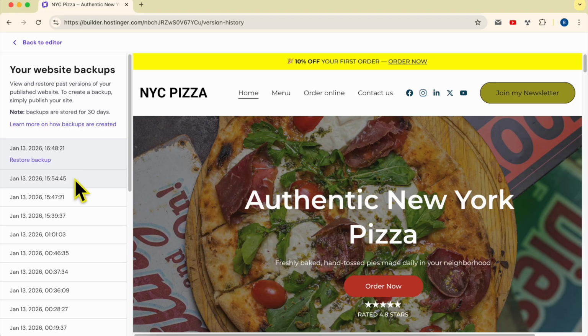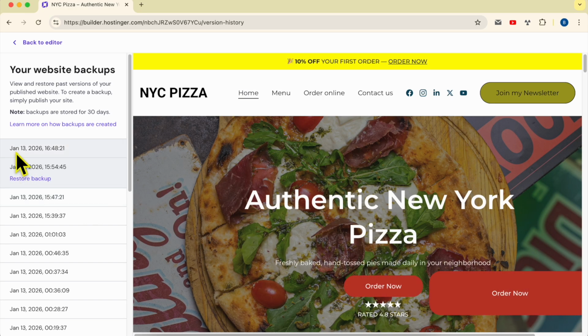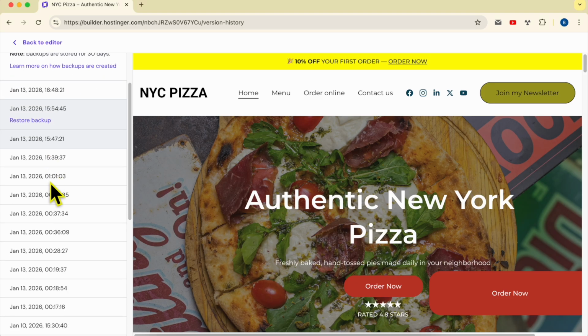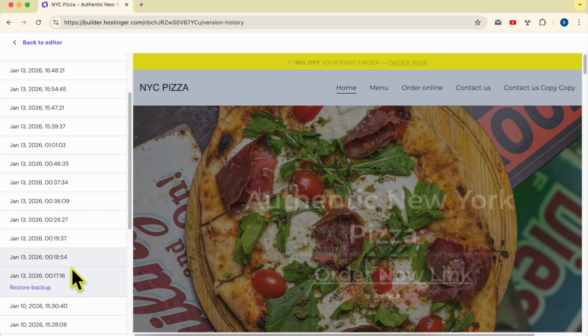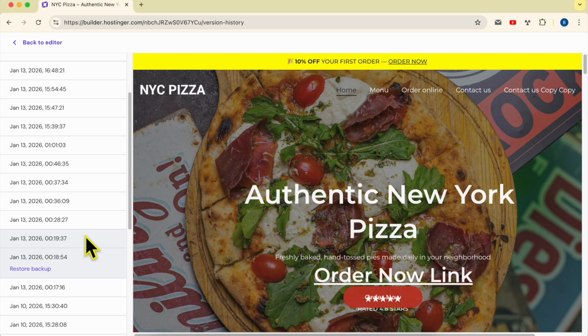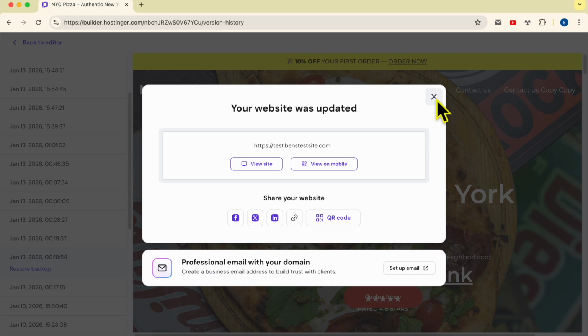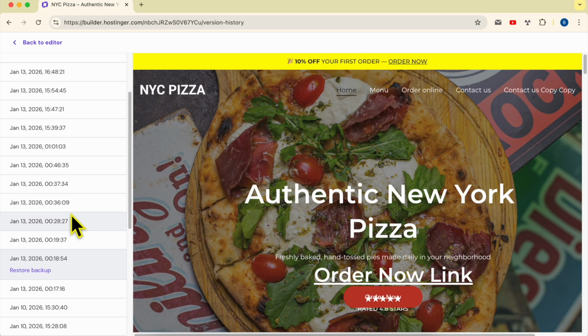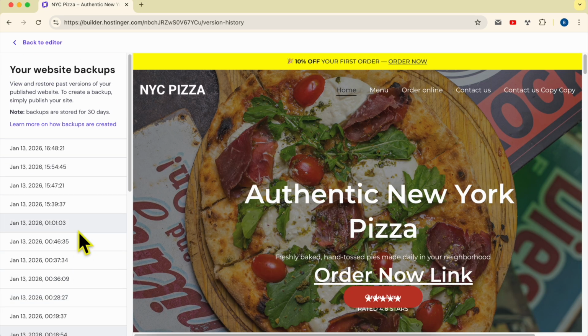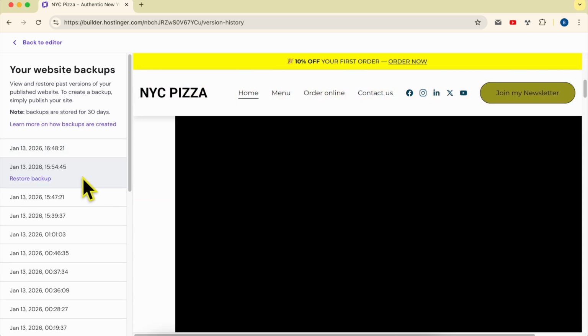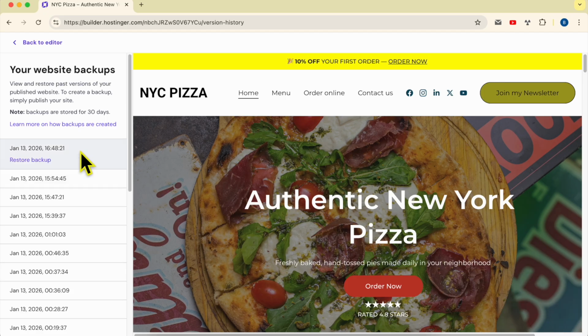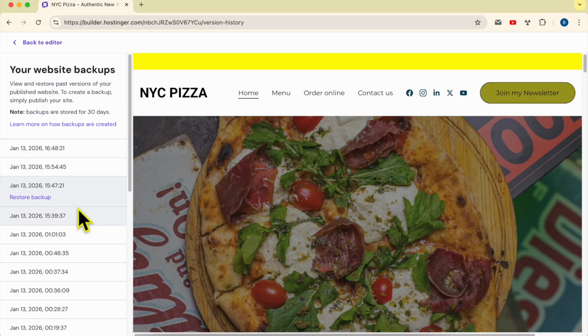And here you can check, as you see here, just on this date, the 13th of January, I have multiple backups that I can restore to. Let's close this window. This is because I was working heavily on my website. So when you click on a backup copy, you can see the differences, for example, between this copy and